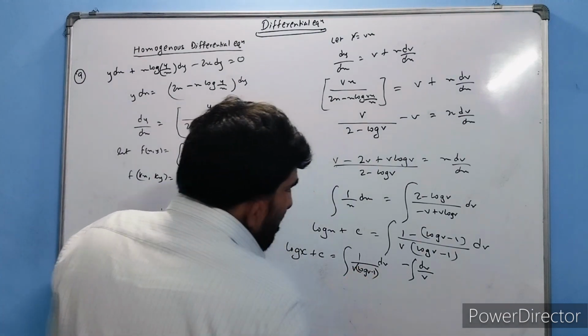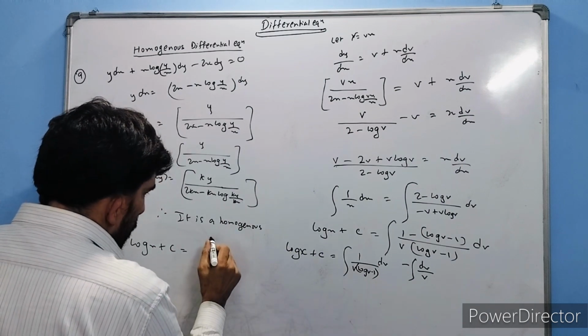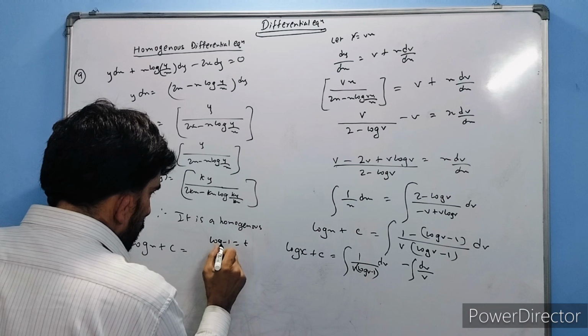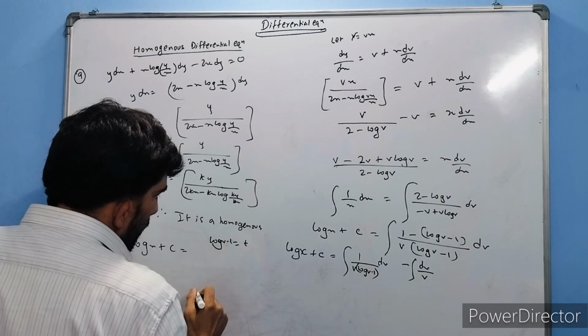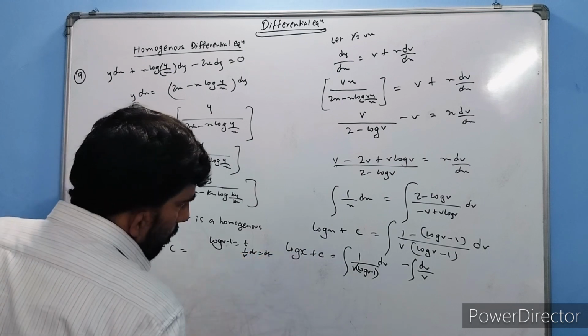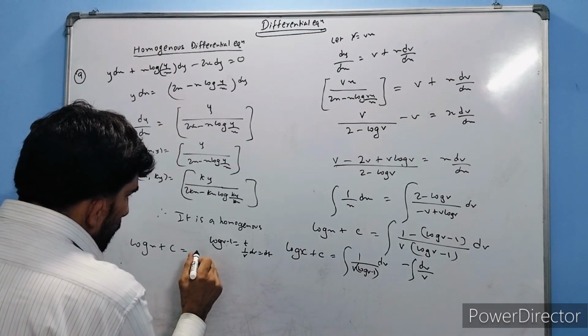So now put log v minus 1 is equal to t. So we have 1 upon v dv is equal to dt. So it will be dt upon t,